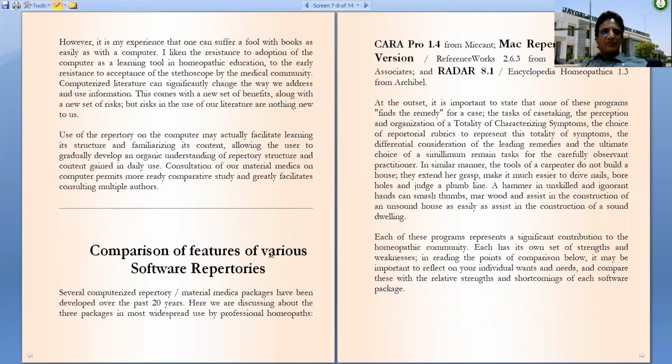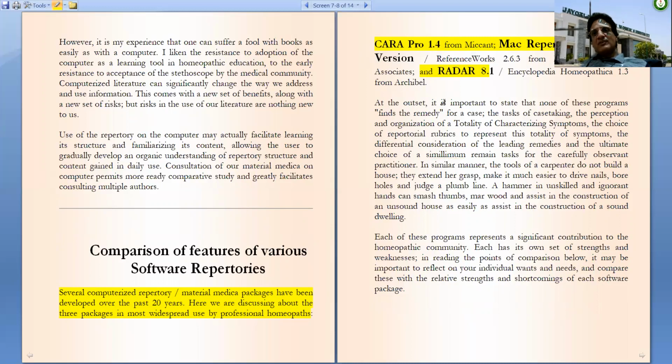Now, comparison of the features of various software repertories. Several computerized repertory materia medica packages have been developed over the past 20 years. Here we are discussing about 3 or 4 packages which are more commonly used. One is Kara, the other is MacRepertory, third is RADAR, and the fourth is HomPath.